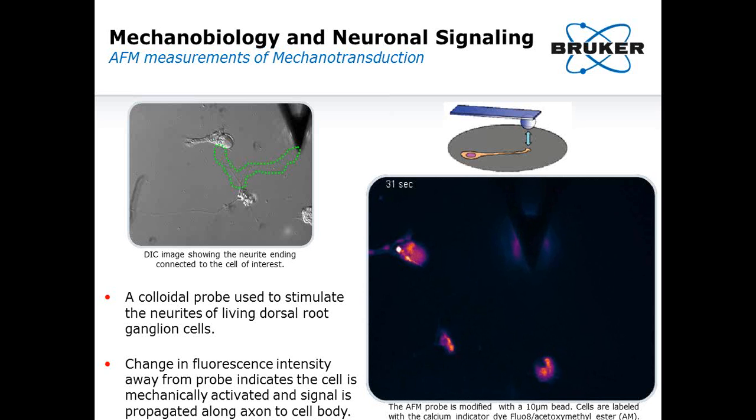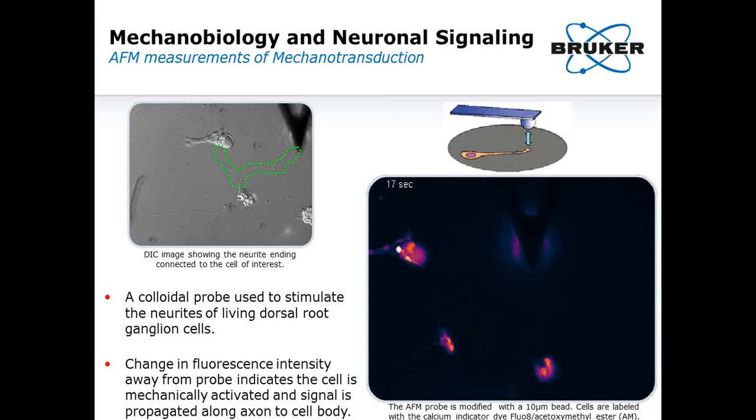In an example of this shown here, researchers use integrated AFM force spectroscopy and fluorescence imaging to study cell signal transmission in live neuronal cells in order to better understand pain mediation processes. Living dorsal root ganglions were labeled with a fluorescent calcium indicator dye, and the cell soma, dendrites, and axon were identified using transmitted light images to facilitate navigation of the AFM probe to a location of interest on the cell. A tipless cantilever modified with a 10-micron polystyrene bead was used to apply single force stimulations at specific locations on